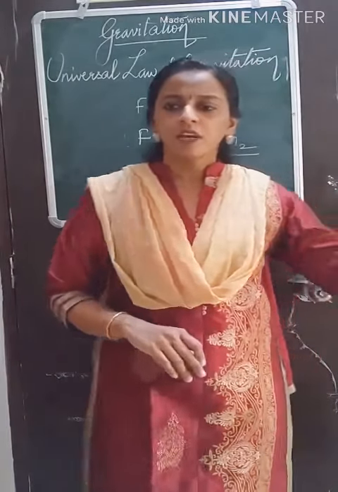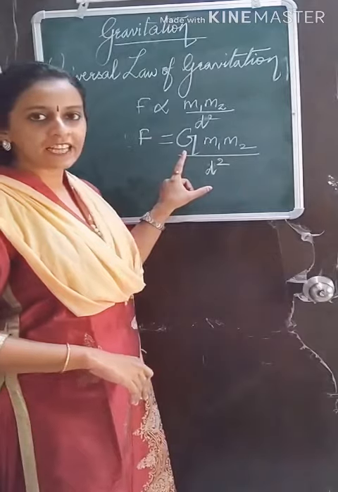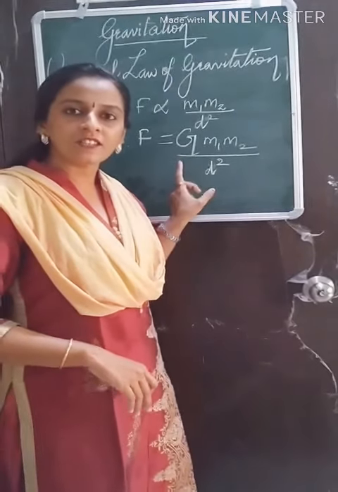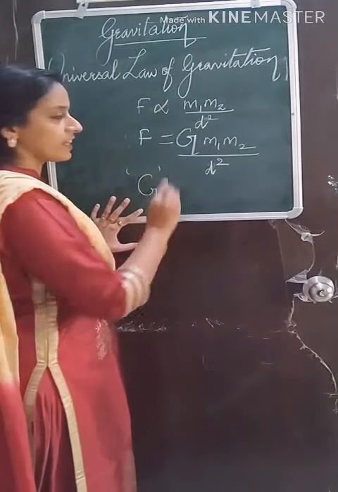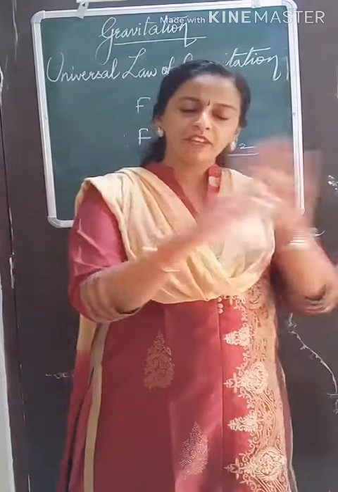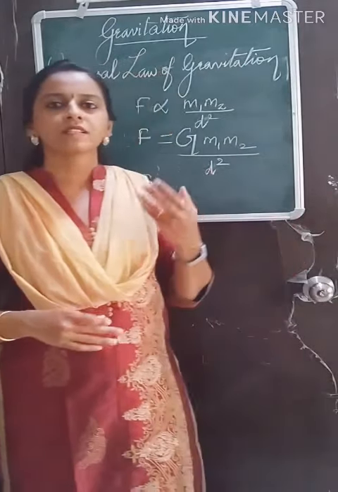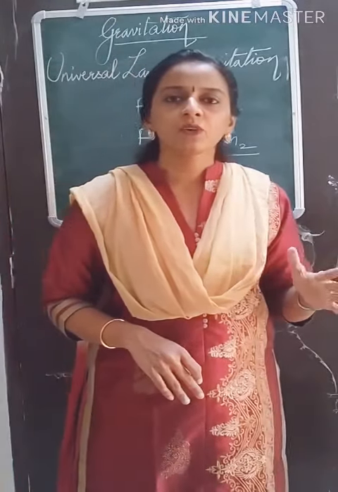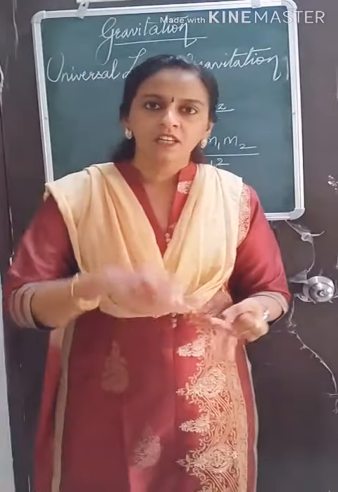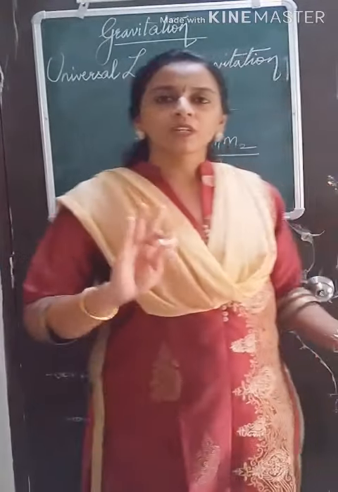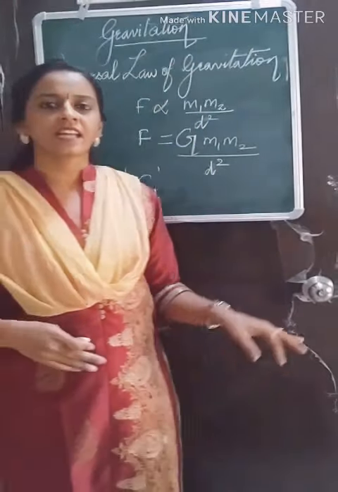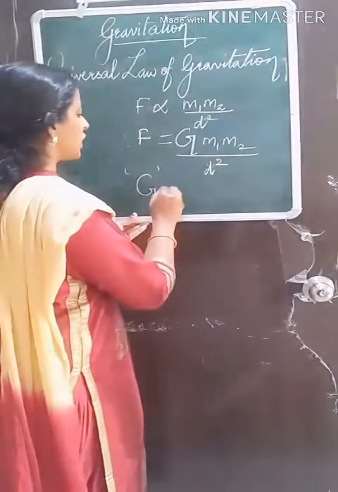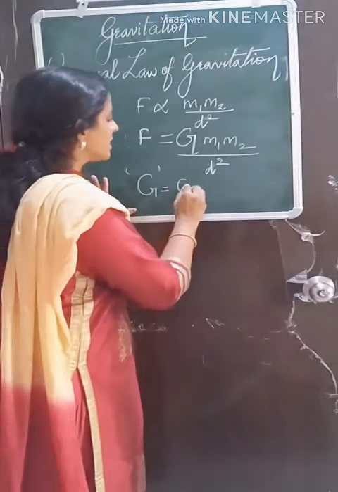Clear? Okay. So if I remove the proportionality sign, I'll get the constant. That constant is G. You call it the universal constant of gravitation. Universal means everywhere in the universe the value of G remains the same. Anywhere you go, whether you are talking about Earth, Jupiter, Mars, anywhere the value of G will be the same. What is that value? This value was formulated by Cavendish, the scientist, and he gave us the value of G, roughly estimated